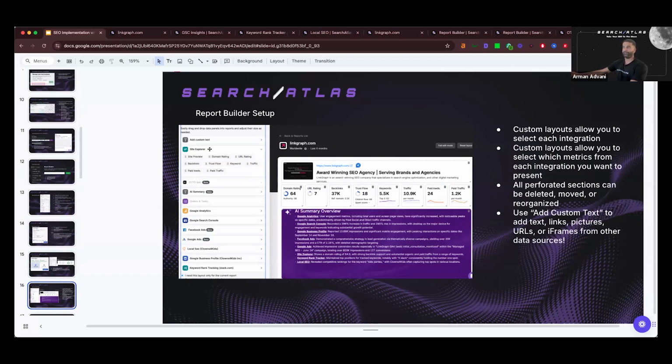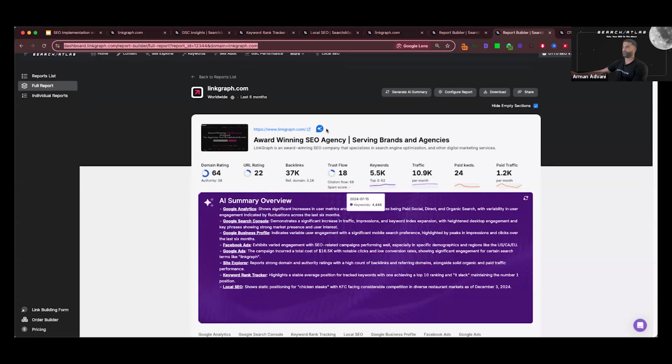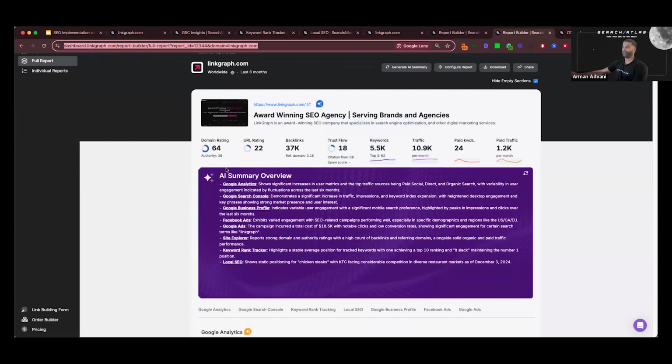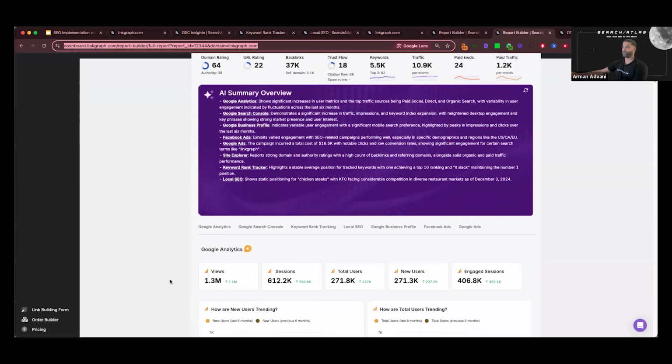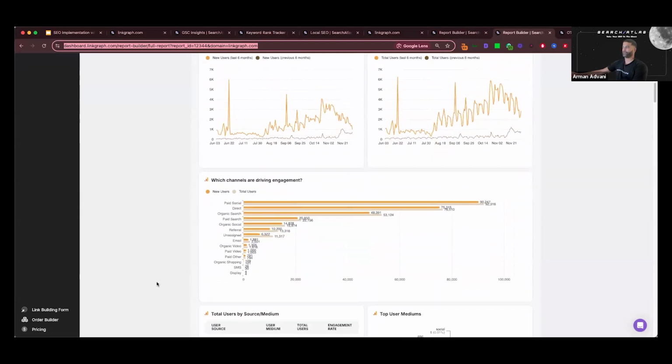And as you hit each one of these integrations, a drop-down will show up where it'll show you what are the metrics or data points you can port into this report from each channel. So again, just as an example, this is what the report looks like. We have our AI summary for the Site Explorer. We have the AI overview explaining the whole report. And then we have a channel by channel breakdown of all of the different things that are going on in